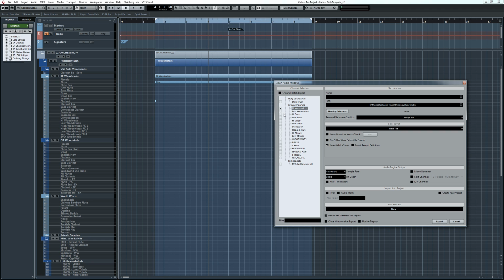So you can export things as individual tracks, which is awesome. So you can do channel batch export and then basically choose all the tracks you want, and then boom, these are sent out. Now, for most of my stuff, I would do the ones in caps here,